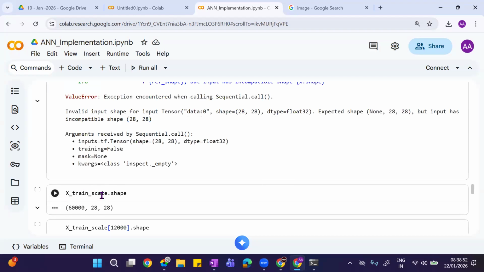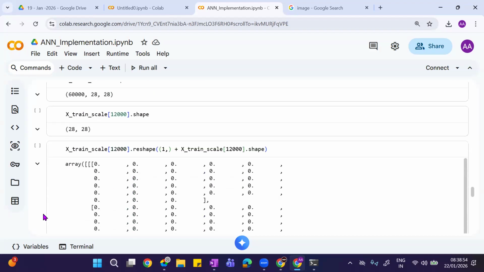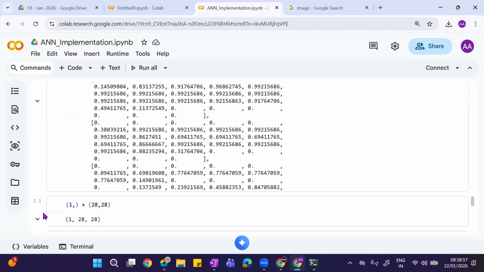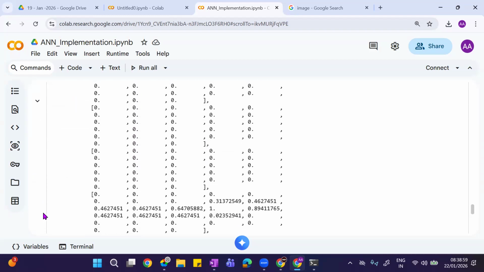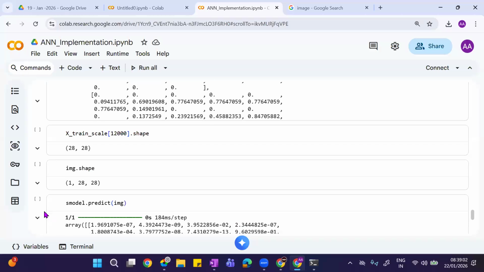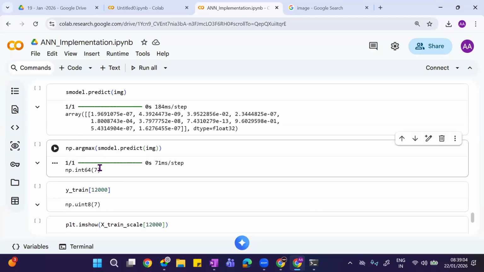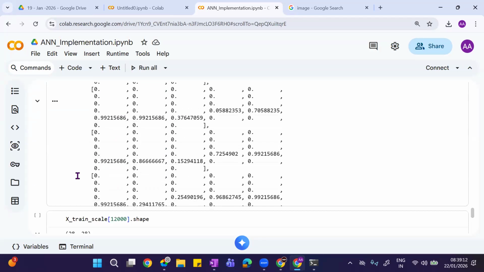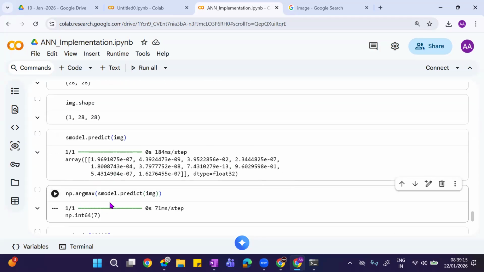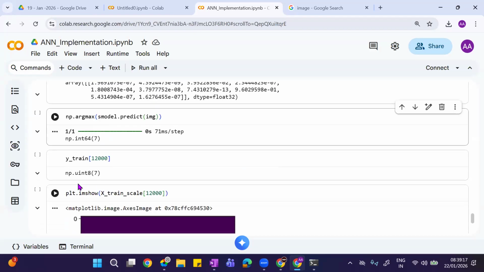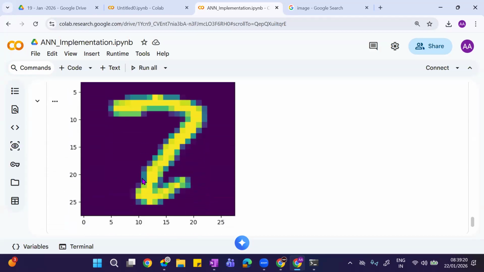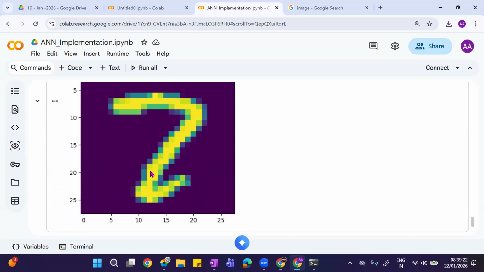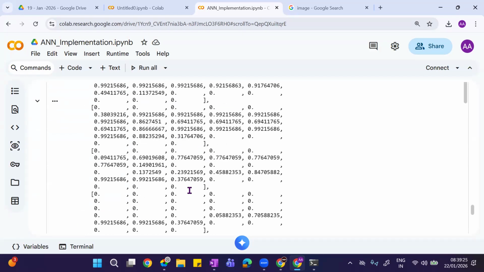Now, I have to show something. That's why I left the error. Now, when I ask the question, okay, what is this data? It is giving me 7. The model is saying that this is 7. Which data? This data. His model is saying it is 7. And now, let's see whether it is 7 or not. I'm taking it down. Look at this. From this, my model is able to predict it.